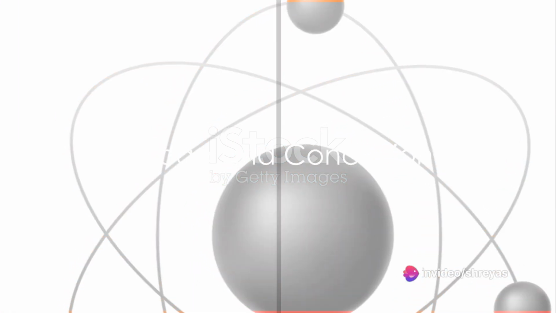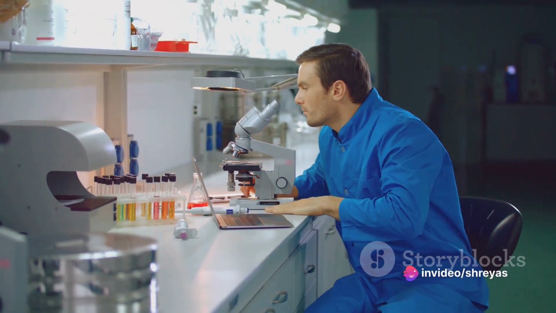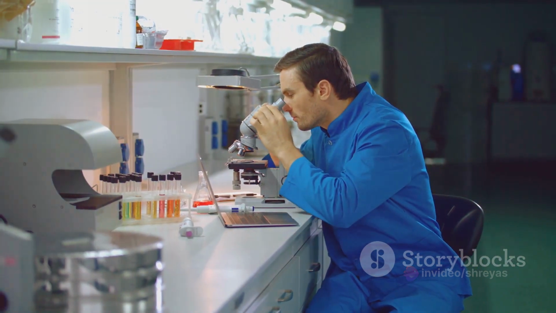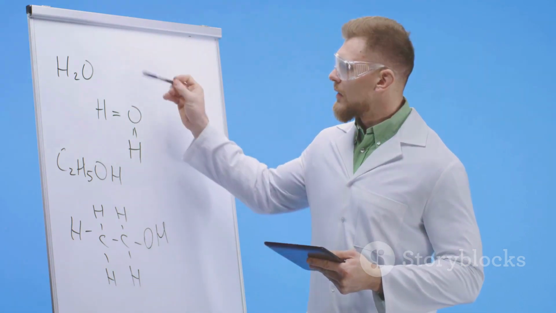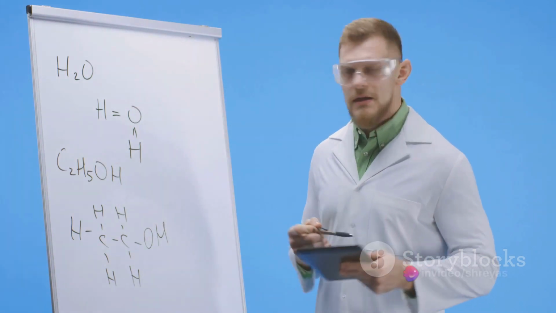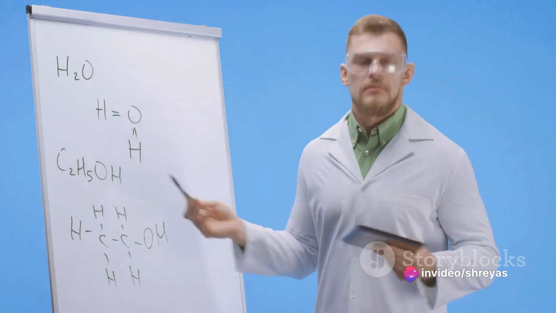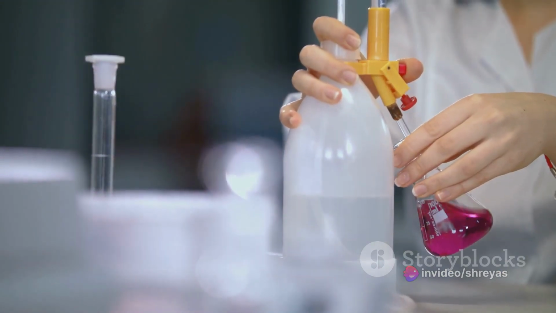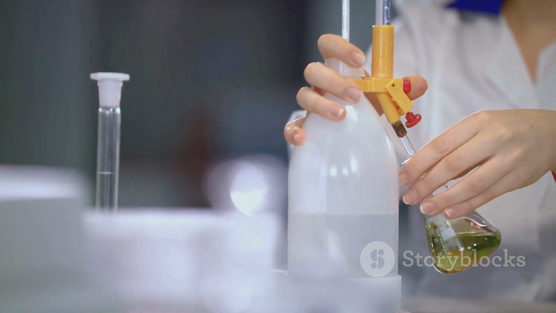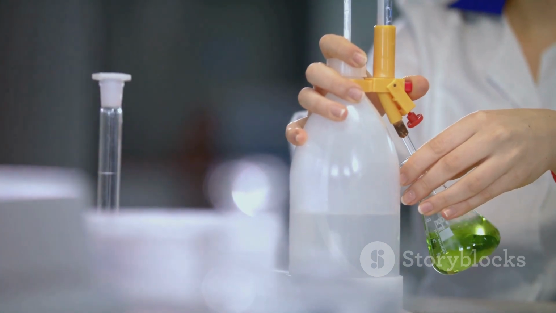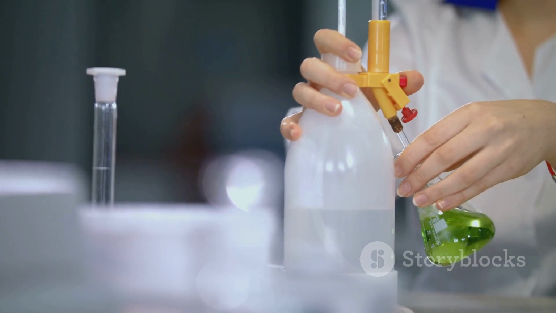So, to recap, an atom is a tiny particle that forms the basis of all chemical elements. It consists of a nucleus of protons and often neutrons, surrounded by a cloud of electrons. The number of protons in an atom defines the chemical element, while the number of electrons determines whether it is neutral, a cation, or an anion. Atoms can bond with other atoms to form compounds, and these interactions are the basis for most physical changes in nature. This is the magic and wonder of atoms, the tiny particles that make up everything we see, touch, and are.